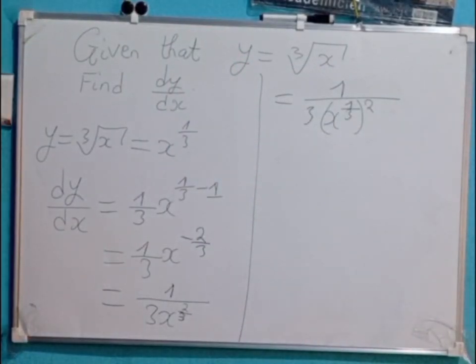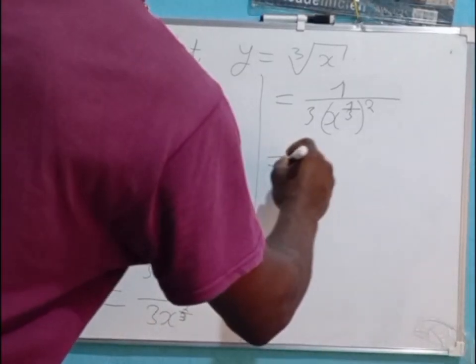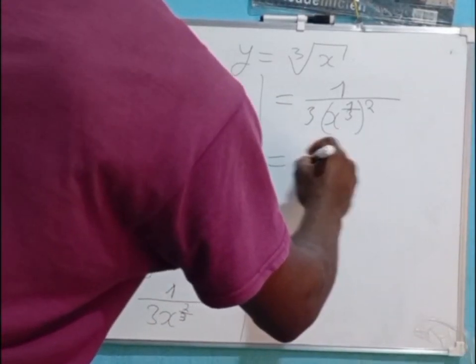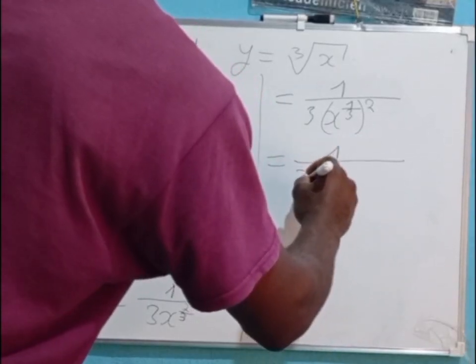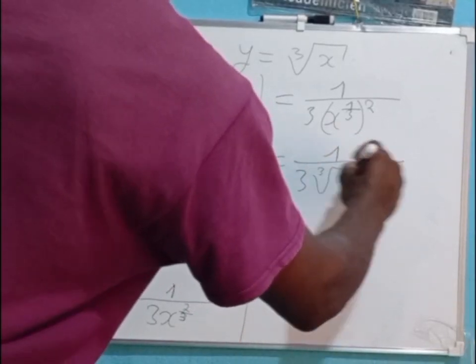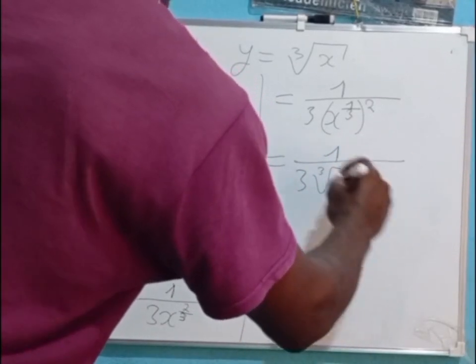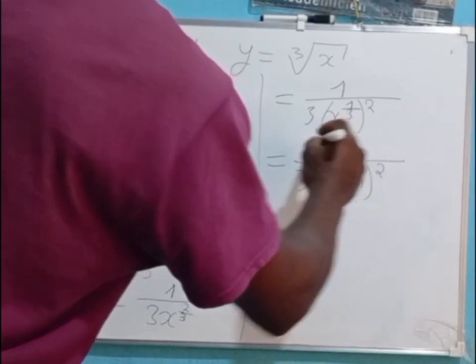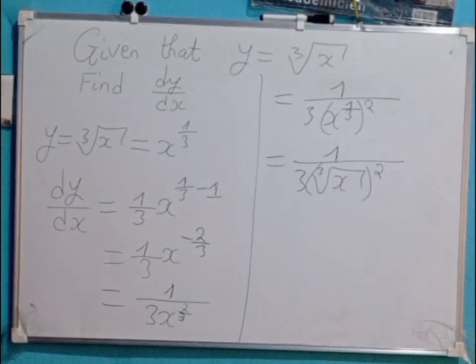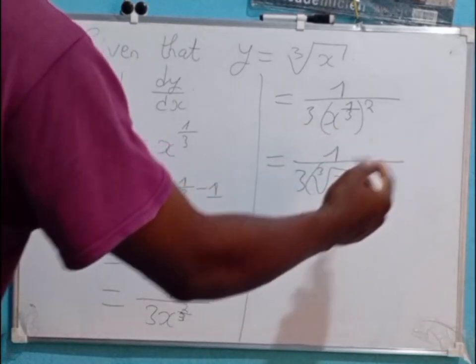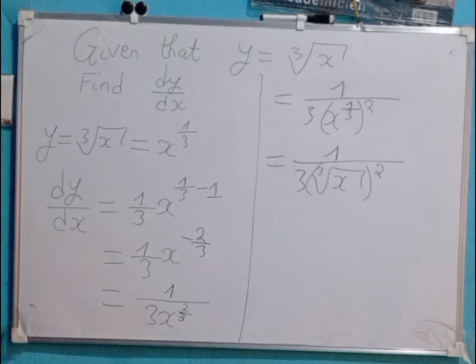As such, x raised to the power 1/3 is simply the cube root of x. This will give us 1 all over 3 times the cube root of x all this squared. Therefore, the derivative of y equal to the cube root of x is simply equal to 1 all over 3 times the cube root of x squared. We are done with the